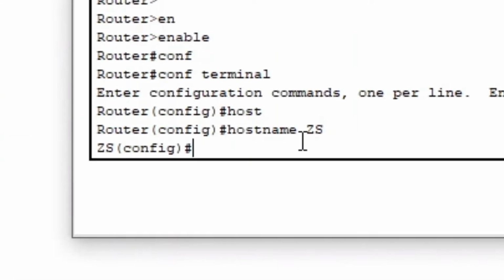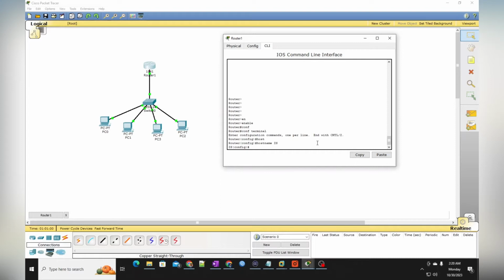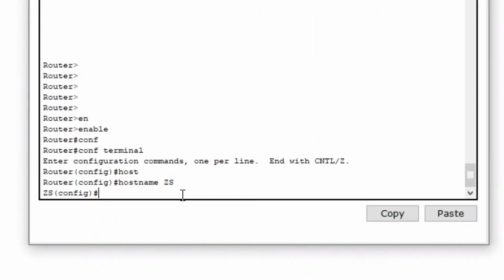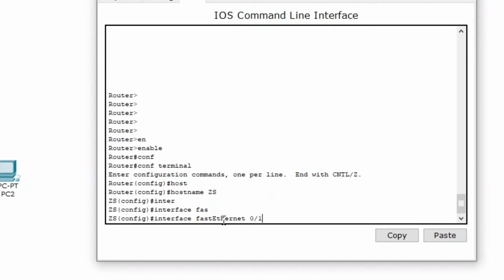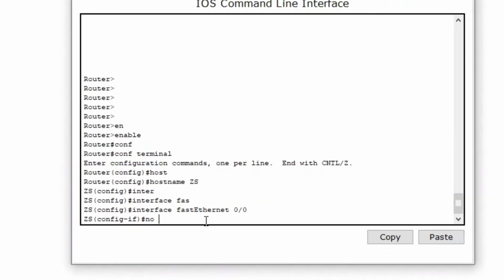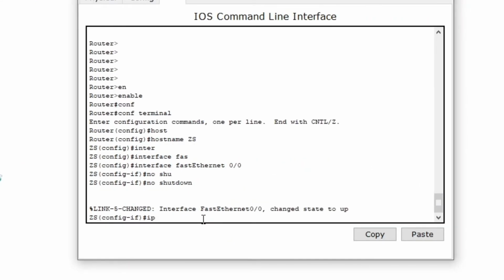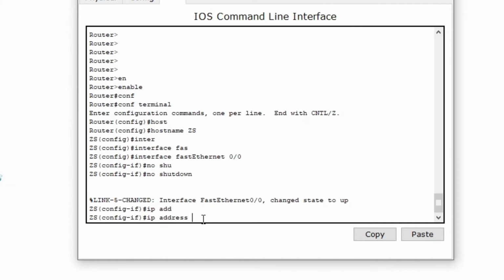Now you can see the name is changed, and then if we want to assign an IP address, we can assign an IP address going into the interface. So we will type interface fast ethernet 0/1, first thing no shutdown, and then ip address and whatever the IP address I want to. So I will have to type the IP address first and then the subnet mask